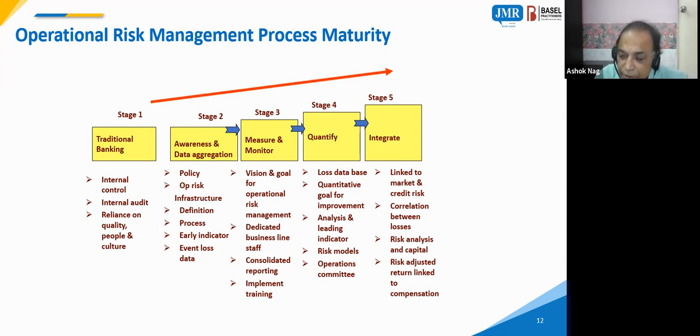So a particular loan has become an NPA. And when you try to recover, you see that proper insurance was not taken, or the insurance was taken faultily, or the collateral taken does not have a proper market value, or the mortgage has not even been registered. Suppose you are giving a housing loan and your housing mortgage is not registered properly. So it is an operational risk failure, but it is also a credit risk failure.